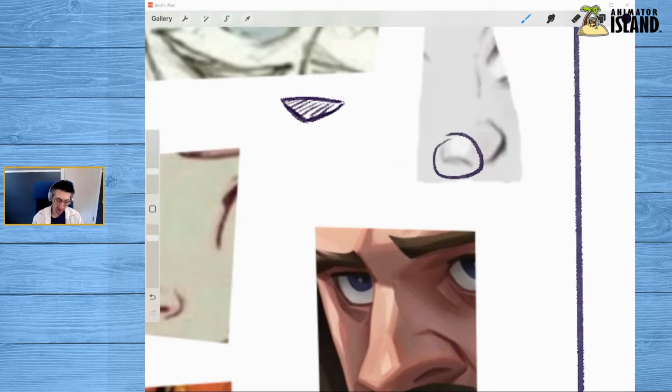So the fact that the artist here made the wing and the nostril into one form is a really nice addition. They didn't have to do that. They could have put a wing in here and then put a nostril in here, and it would have still been a perfectly fine nose. But by combining those two lines,